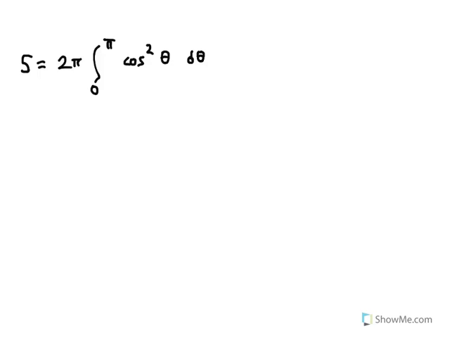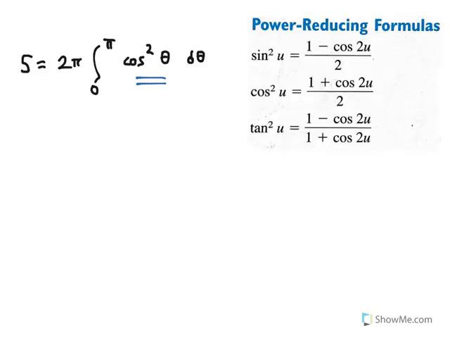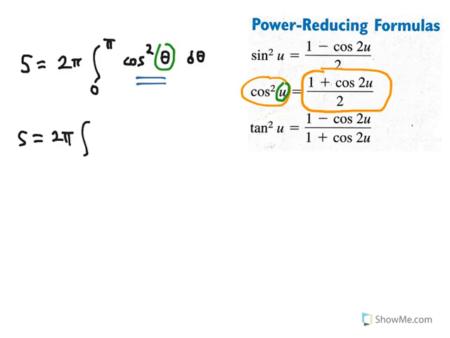So to complete the problem, we need to use the fundamental theorem of calculus. We need to find an antiderivative of the integrand and evaluate at the upper and lower limits of integration, but we can't do it the way the integrand is presently written. So we have to rewrite the integrand using a trig identity. A power-reducing formula will help us. If you have cosine squared u, that is equivalent to 1 plus cosine of twice the angle u over 2. So our angle u is theta,